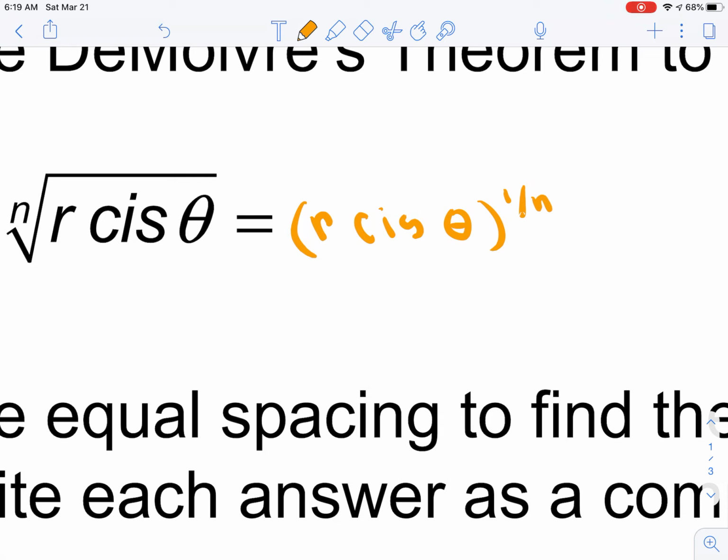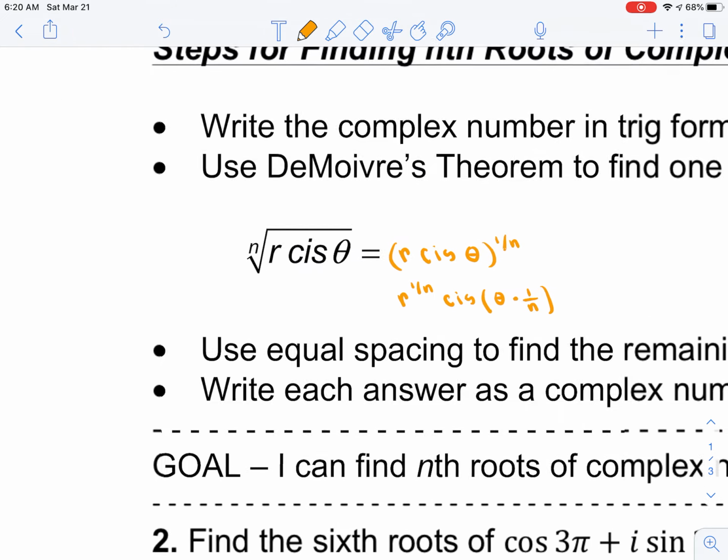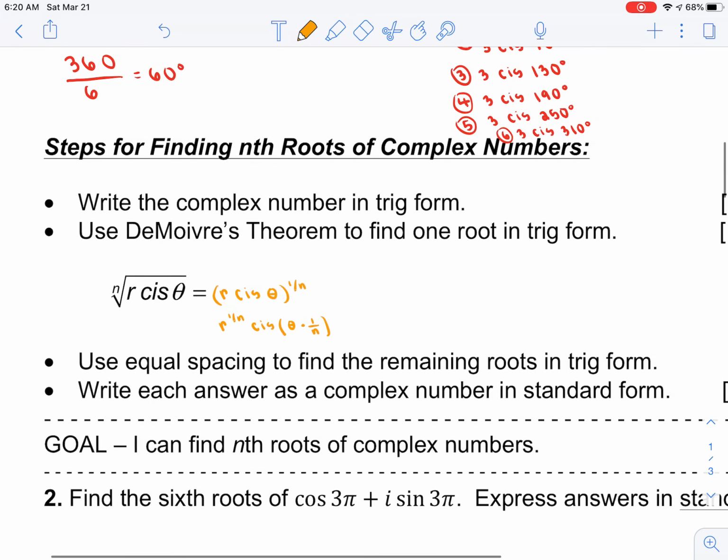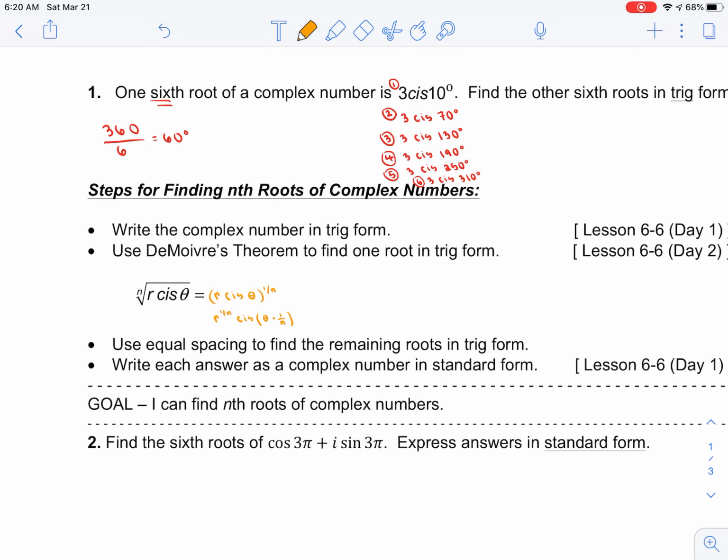Now, this is no different than it being n in the sense that I would still say r to that power, and then I would take the angle and multiply it by that value. So you're just going to see, though, instead of it being a 2 up there, it'd be a 1/2. And so the process still stays the same with de Moivre. It's just that following de Moivre, we're going to use this equal spacing idea that you just learned in the